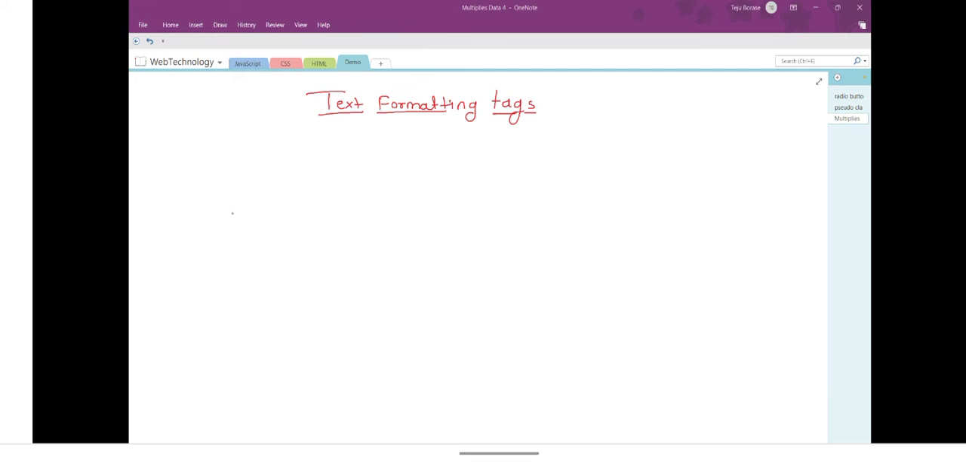So we are going to learn the text formatting tags, nothing but how to represent the text in a bold format as well as italic format somehow. Then how to